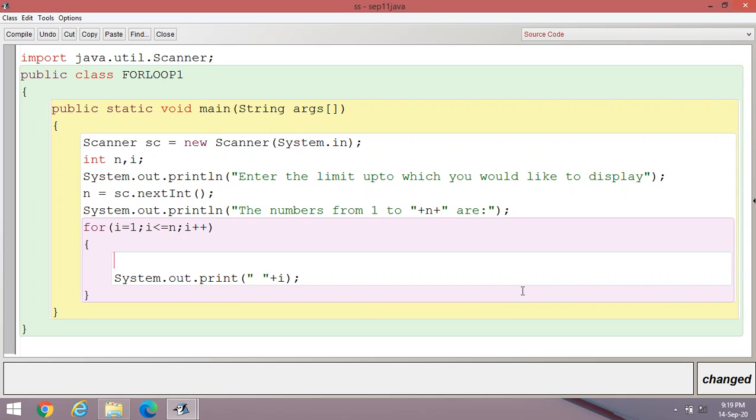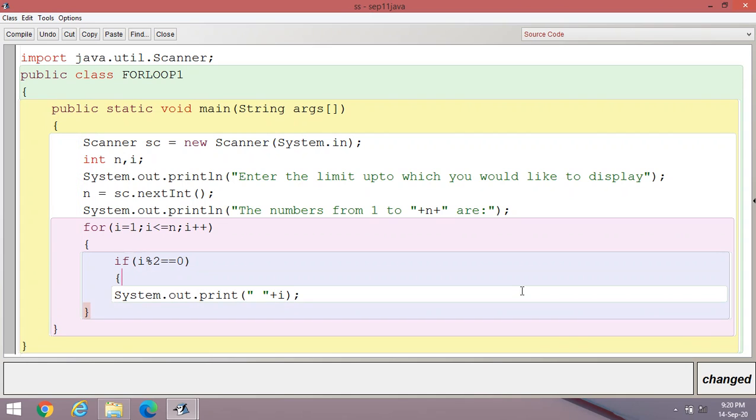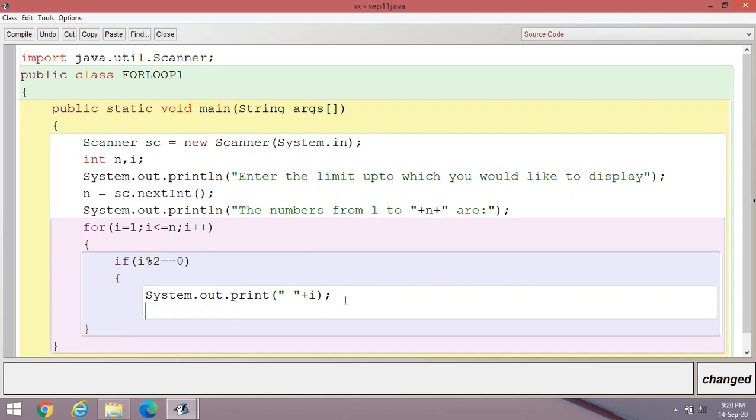I can write here: if i modulus 2 is equal to 0, like this. Then inside you can pass System.out.print plus i, if i modulus 2 is equal to 0.